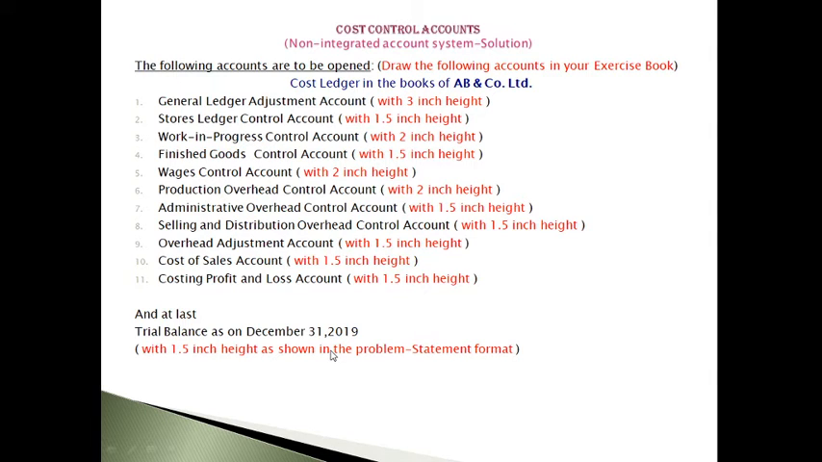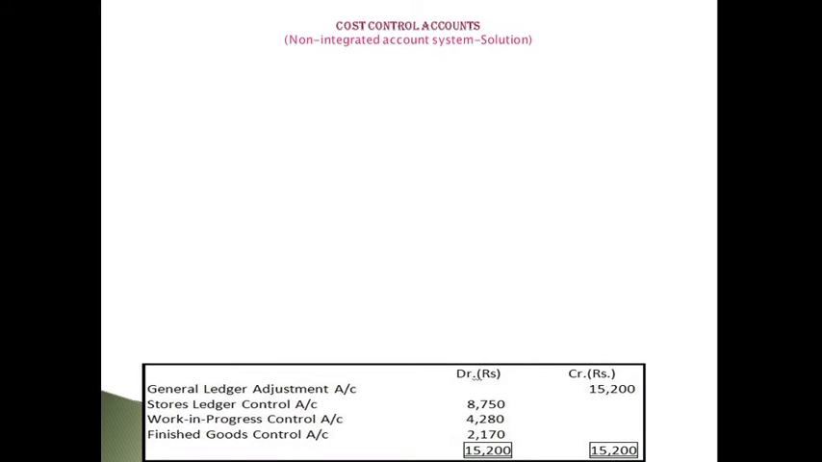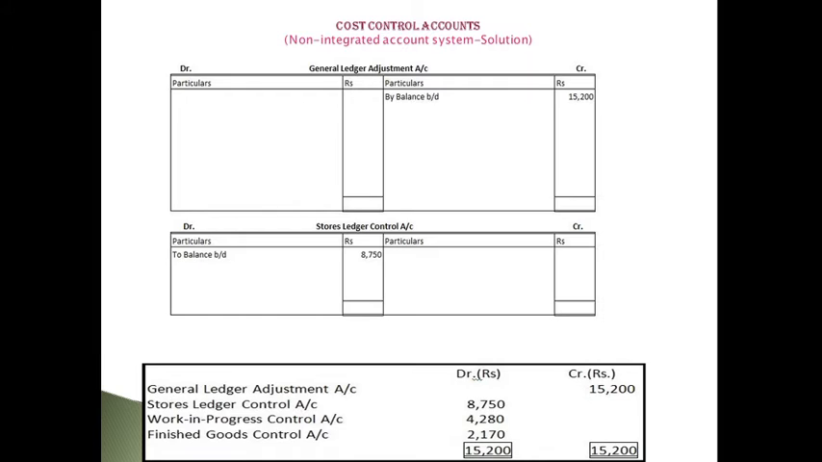on December 31st, 2019. Now you see a part of the problem, that is the trial balance, opening trial balance of the problem. It is general ledger adjustment account 15,200 and stores ledger control account